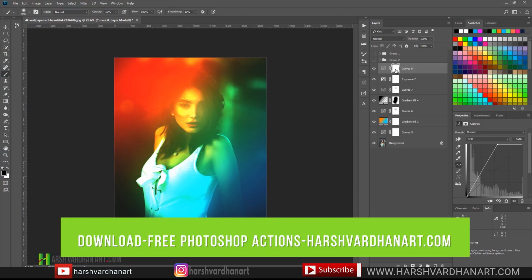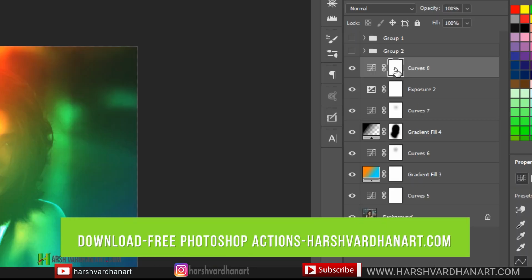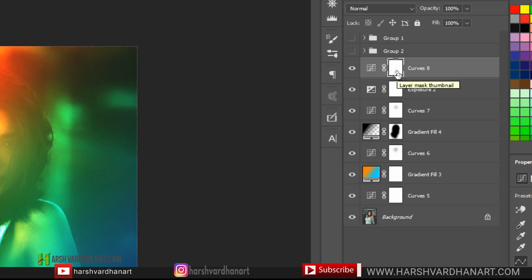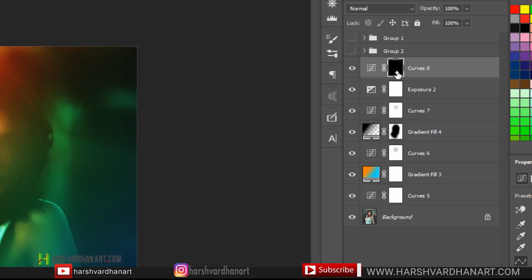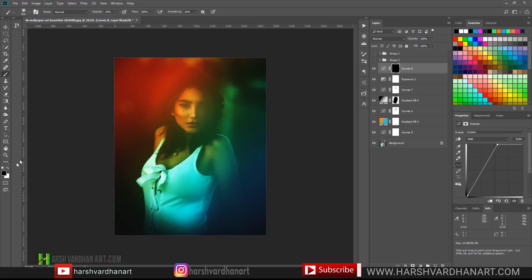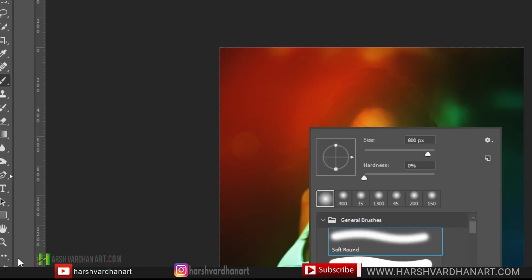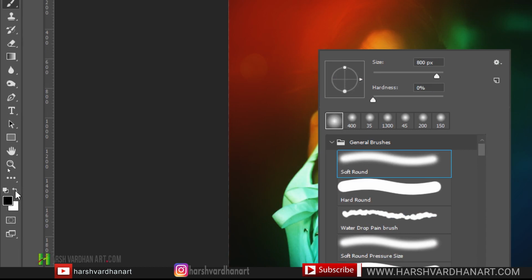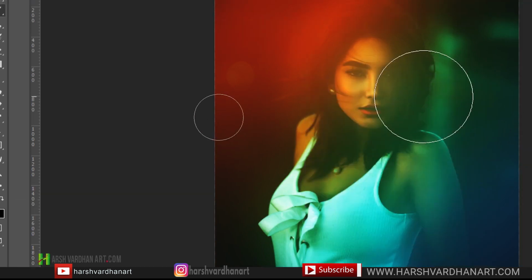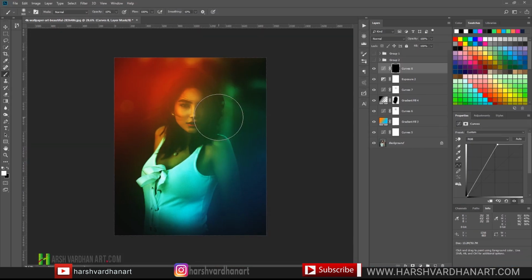And then we'll click on this curves adjustment and press Ctrl I or Command I to invert it, and this time again with the soft brush and the opacity 10%, and the foreground color should be white. And we'll make the size of the brush very small,